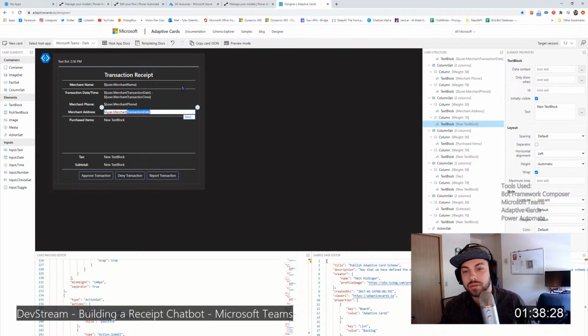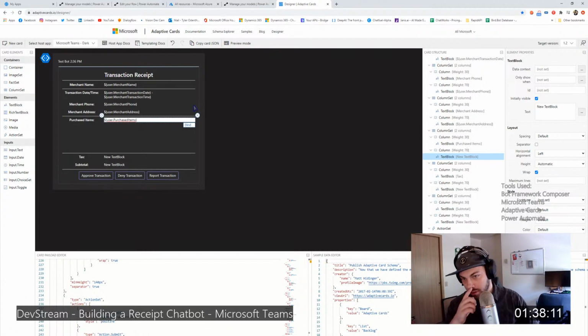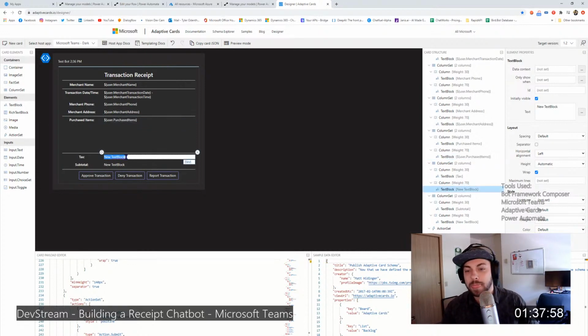Merchant address. And then merchant purchased, which is going to be purchased items. And that's probably going to be an array. I'm not totally sure if I need to classify that differently. I don't think I do. But if I wanted to, I could be like 0. But we'll just leave it like that for now. And then